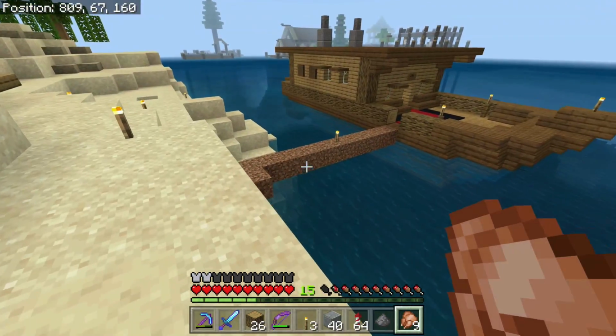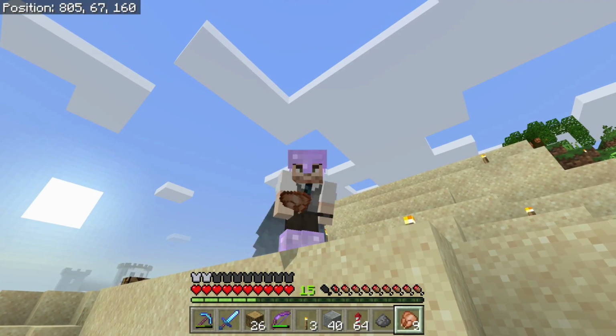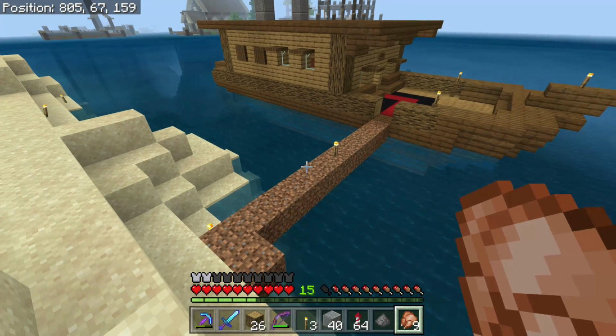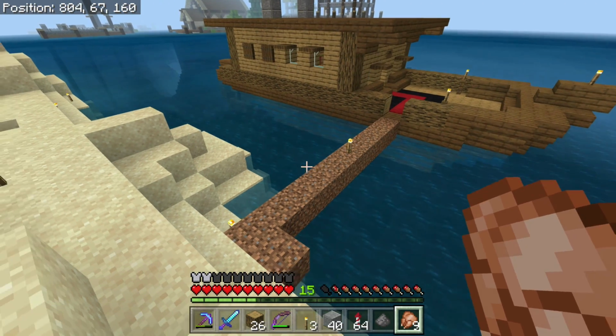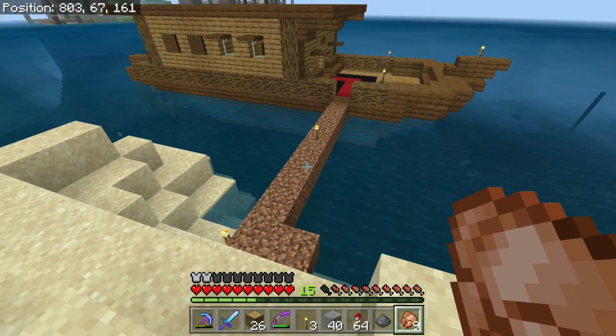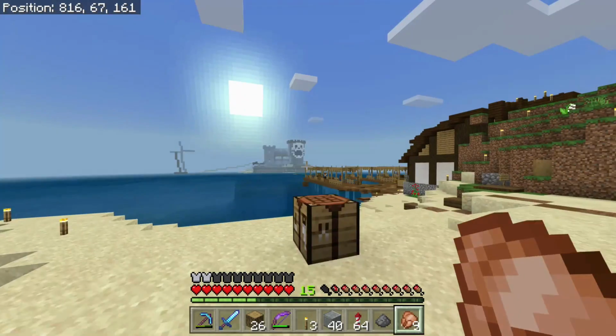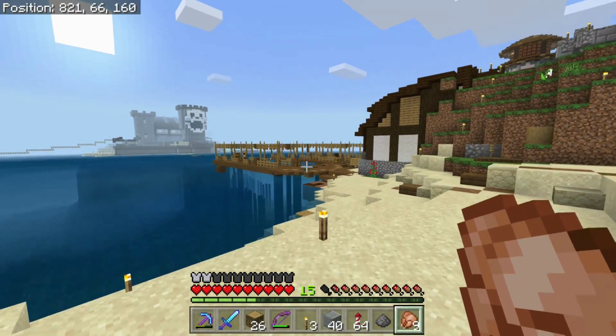Getting back on track here, as I mentioned in the last episode, I wanted to build a dock that went to the boat, because a dirt bridge is kind of ugly. It's pretty tacky, and with all the work that's been done on this island, this definitely needs some sort of dock. So what I'm thinking is that we have this amazing dock over here made by Foxy, and that continues